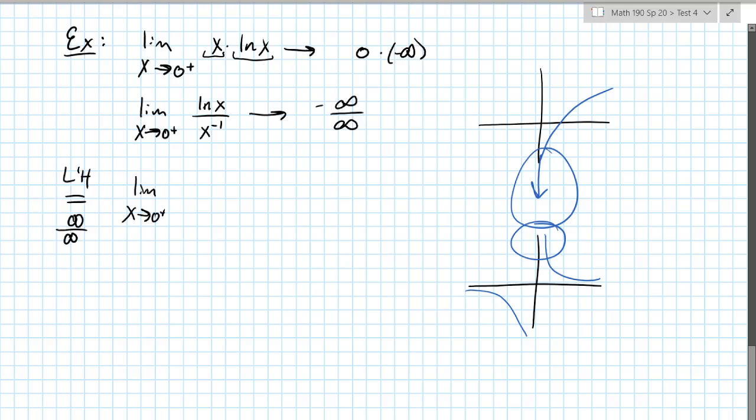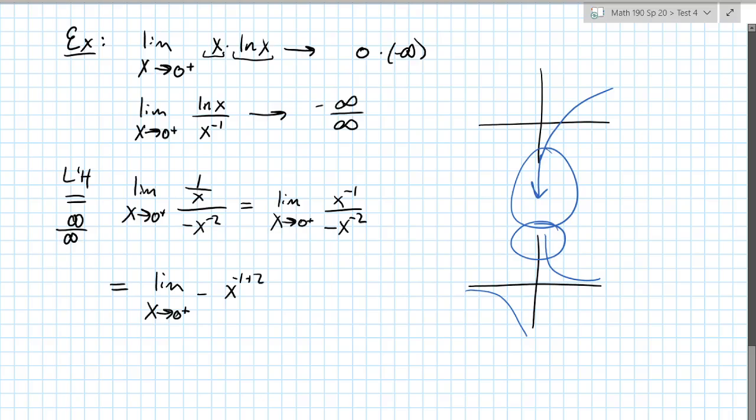Derivative of the top function is 1 over x. The derivative of the bottom function is negative x to the -2. Let's rewrite this algebraically. So we have x to the -1 divided by negative x to the -2. Rewriting that gives us negative x to the -1 plus 2, which is